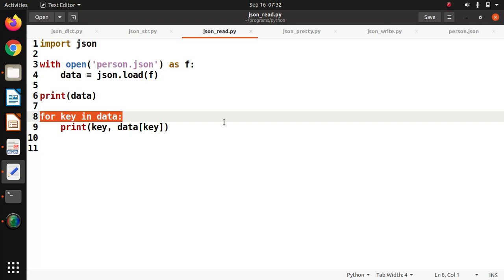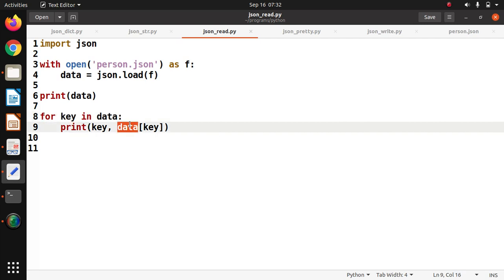So for key in data: we know that with a for loop, a key can be extracted, and if you want to print the value of the respective key, I can make use of this mechanism. The first key, second key, third key are extracted, and along with that we will print the key and the data present at the respective key. Actually I have only two keys present inside it, so first key data, second key data will be printed with the help of the for loop.